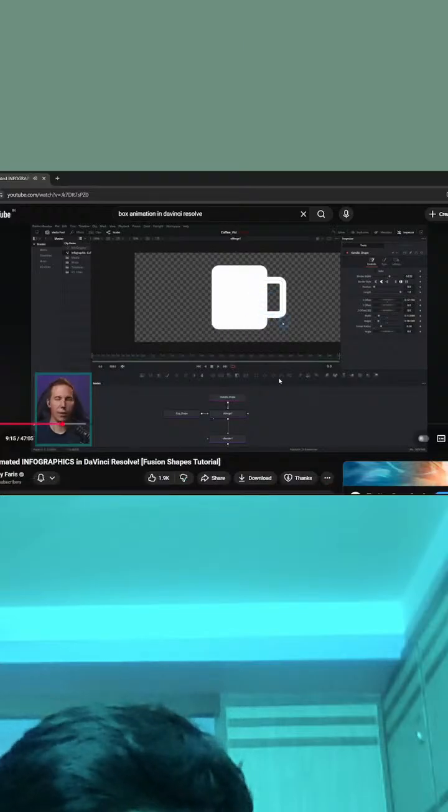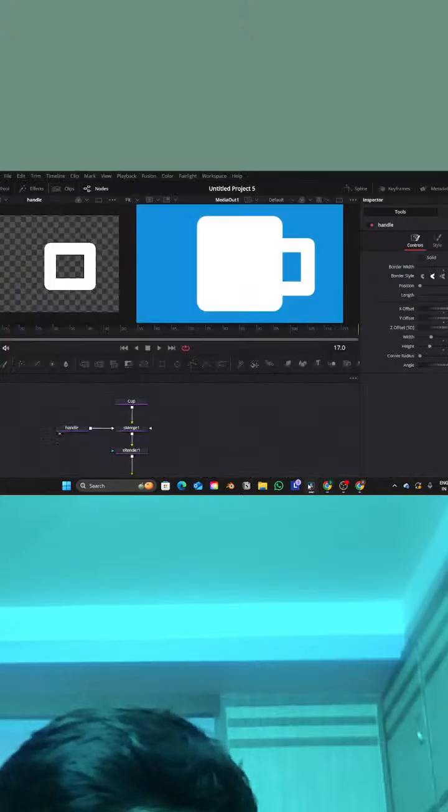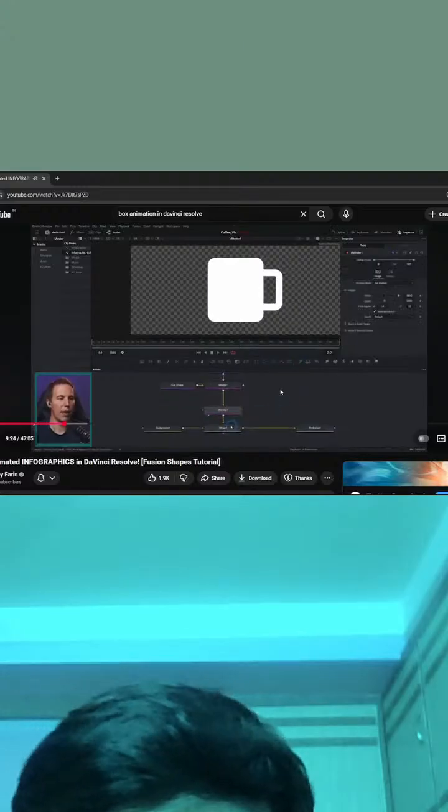We have a pretty nice looking little shape. So this is our main coffee mug shape, made out of two shapes, the handle shape and the cup shape. We combine them with the S merge, we run it through the render, and then we can